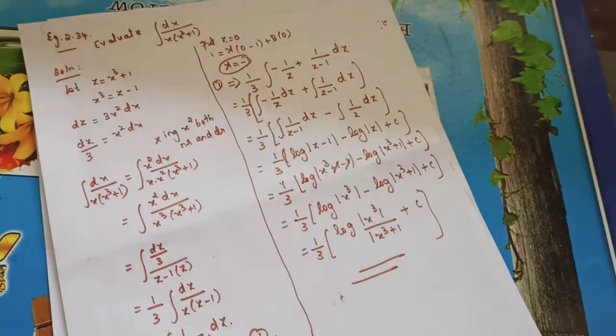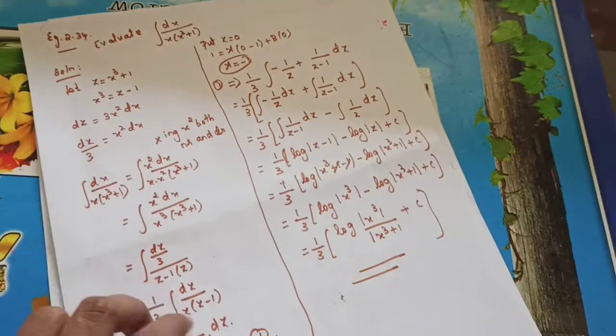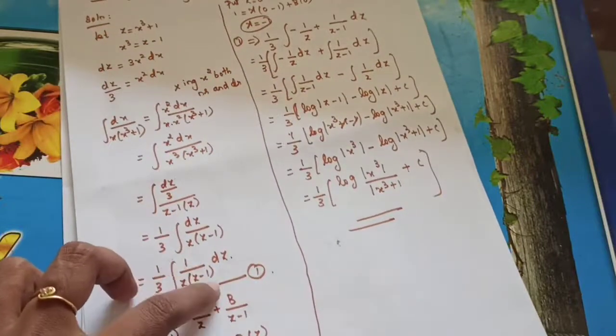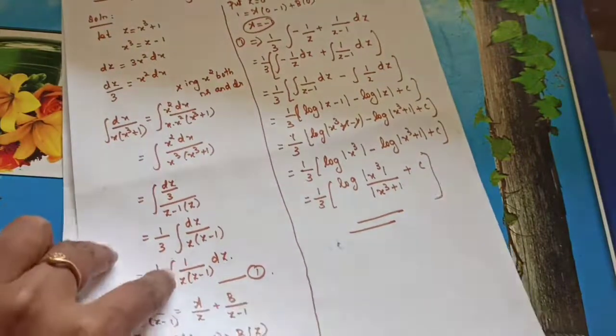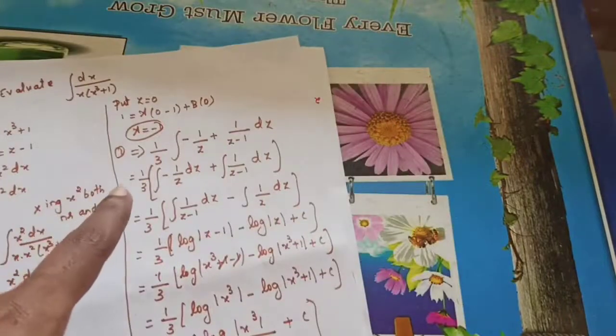Okay, so next, integral of dx by x into x cube plus 1. Now I split that; I need the x square dx value. For that I multiply both numerator and denominator by x square. So if you are multiplying both numerator and denominator by x square, what will happen? x square into dx divided by x into x square, that is x cube. So in the numerator, in the place of x square dx, you can substitute the value as dz by 3. Now here there are two linear factors, so you need to use partial fractions and find the A, B values and substitute there. Okay.